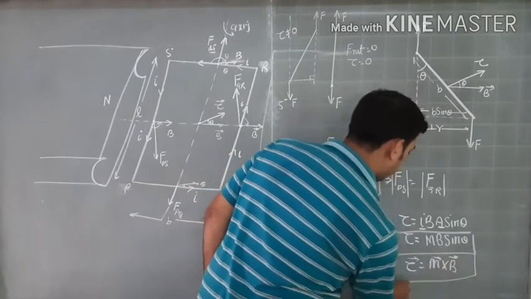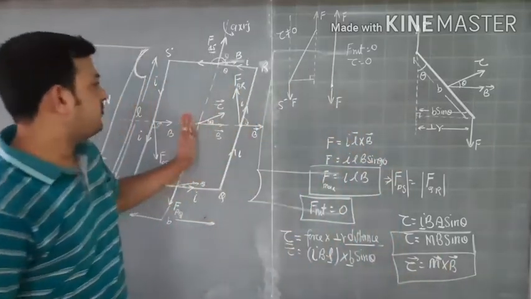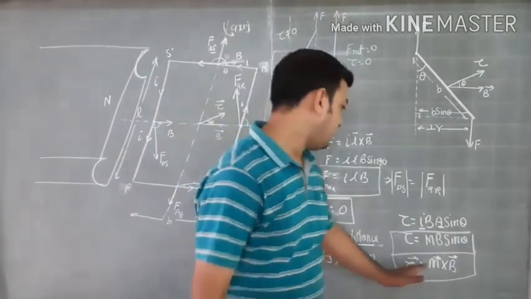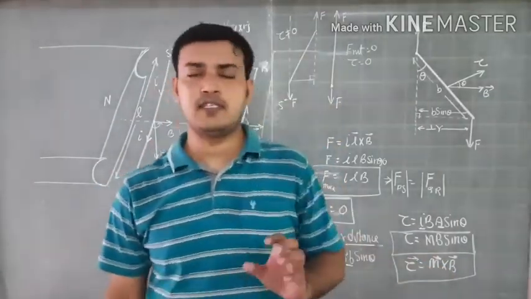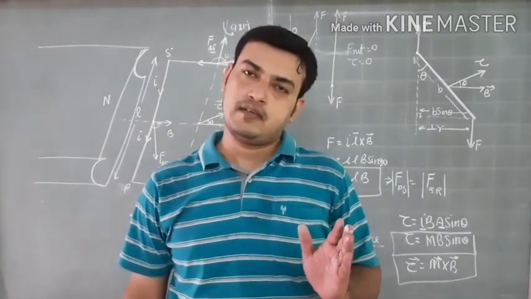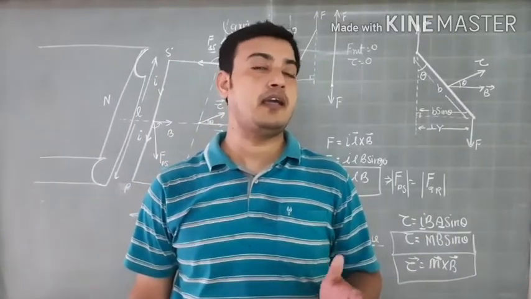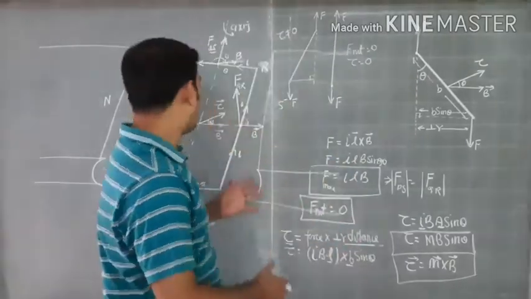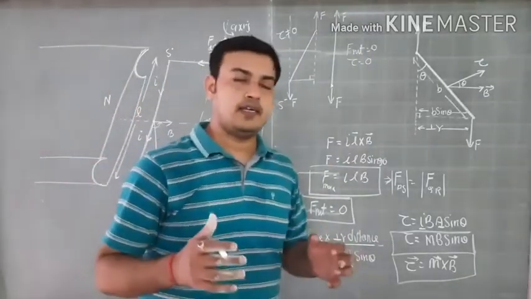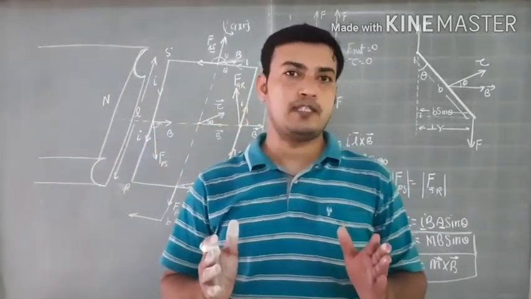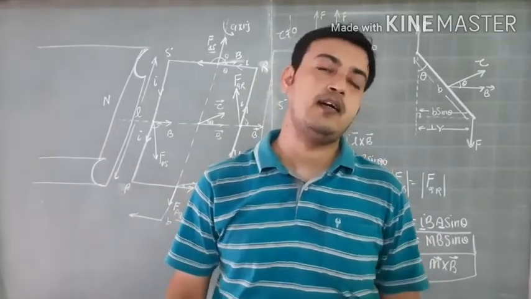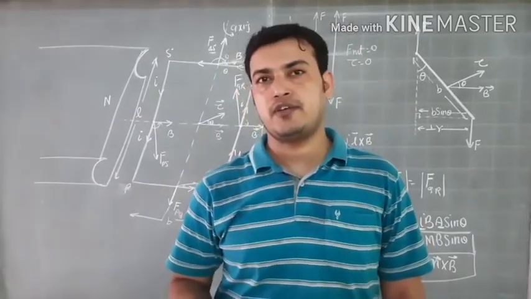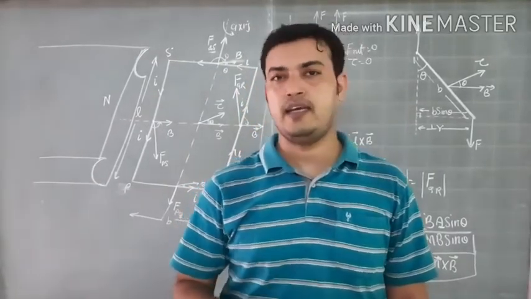So the overall formula is the same. Either you take the rectangular coil or you take a circular coil, and that will be M cross B. The difference is that for the rectangular coil you calculate area by L into B, and in case of circular coil the area is pi r square. So this is the way you can find out the torque that will act on a rectangular coil that is placed at some angle theta, or you can say that the plane of the coil is not exactly in the same direction as B, it is at some angle.